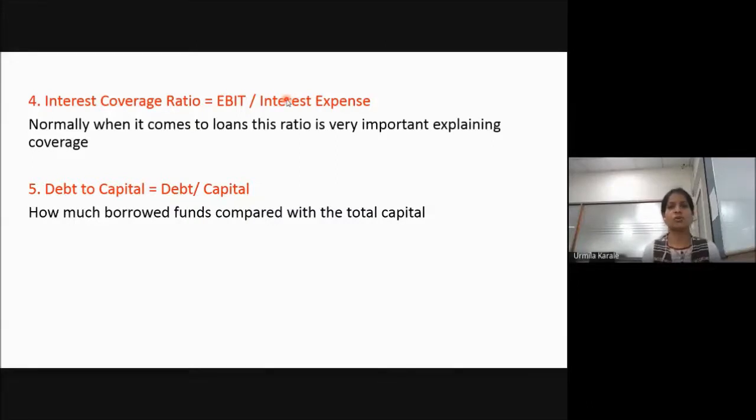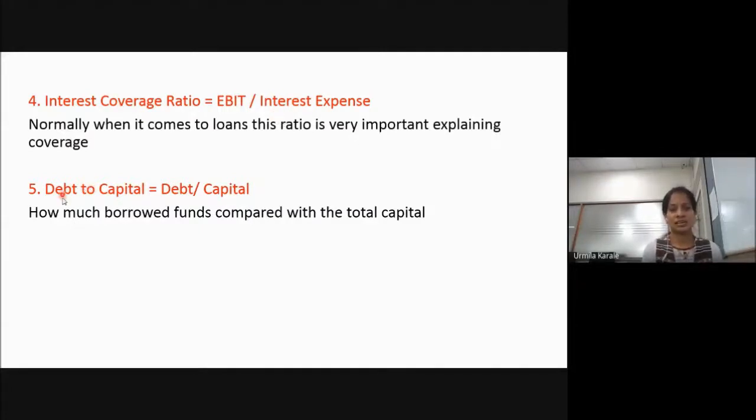It means you have a lot of money that is going to come, so you can easily pay off the interest. As and when your earnings are more, this will be higher, and the bank will be sure that the company will easily pay their loan. Then the bank will easily give you a loan. If this coverage is less, the bank will not give you a loan because they know that compared to your earnings, the chances of them receiving interest are low, right?